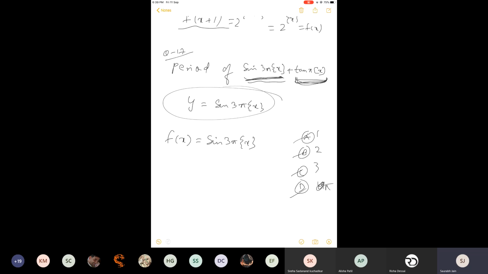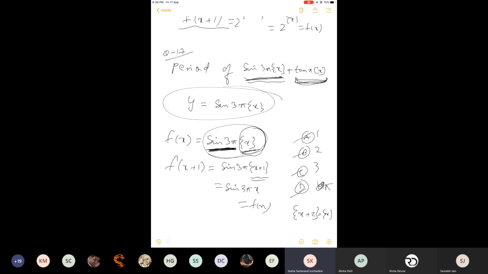So if you are not able to directly get the answer, do one thing. Change x to x plus 1, and you will come to know that it is the same value. Why? Because this is the property: the integer is absorbed, this is the fractional part of x only. So with this we come to f(x) only, that is the answer. Otherwise also it is quite obvious that 1 is the period. It is not going to make any effect on the whole function. Ultimately this is 1. So 1 will be the value, that is the period of the function.